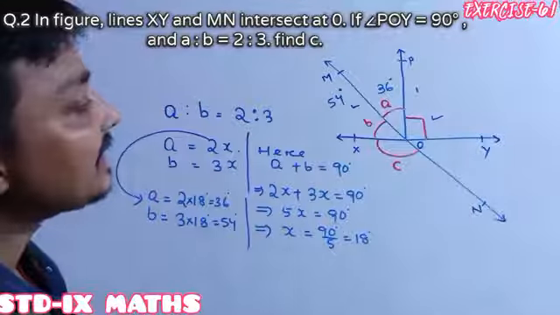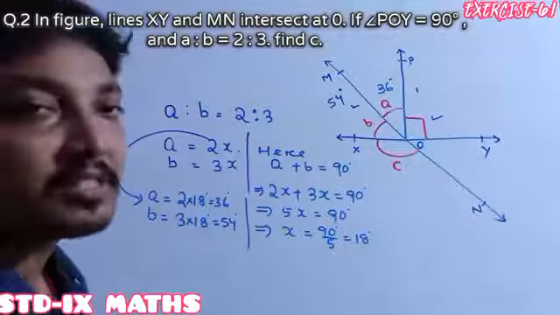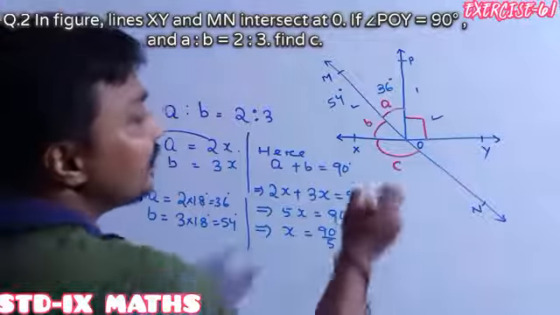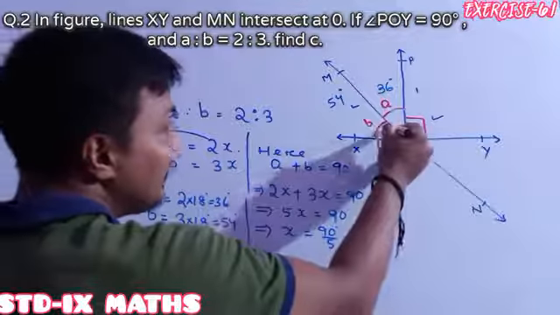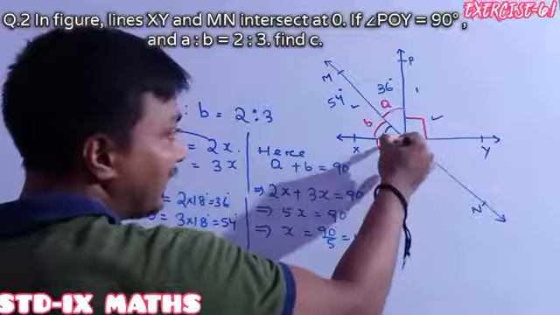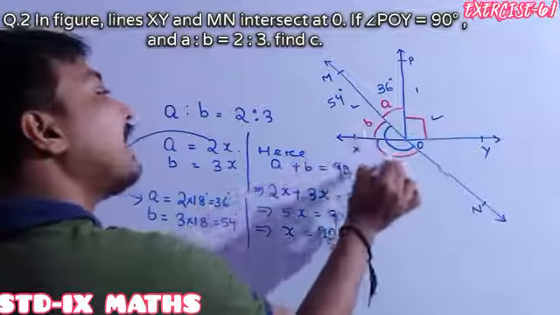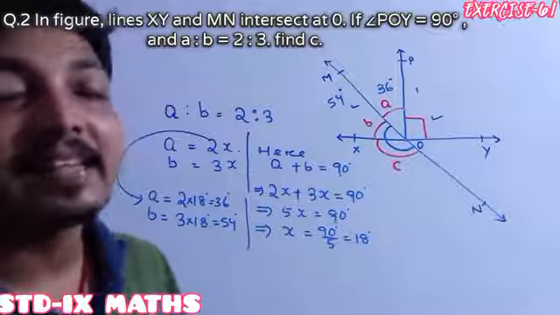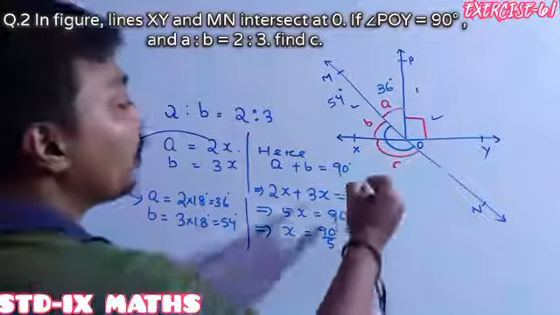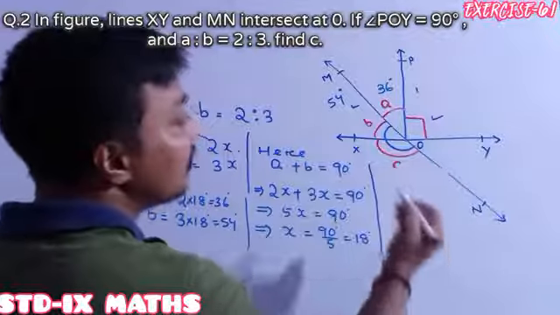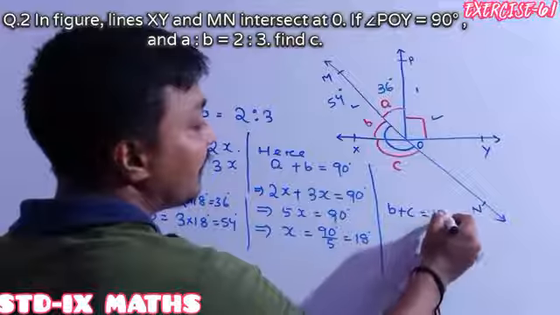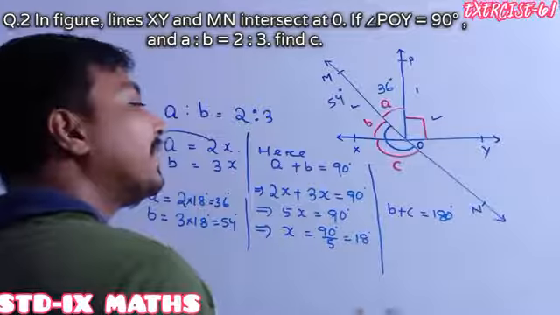Then it is asked that you have to find out C, here it is C. So we have to find C having a relationship with which angle. Everyone, just see carefully: this angle sum is equal to 180. Why? Because angle B and angle C are linear pair angles. So here I am writing B plus C is 180 degrees. Why is it 180 degrees?